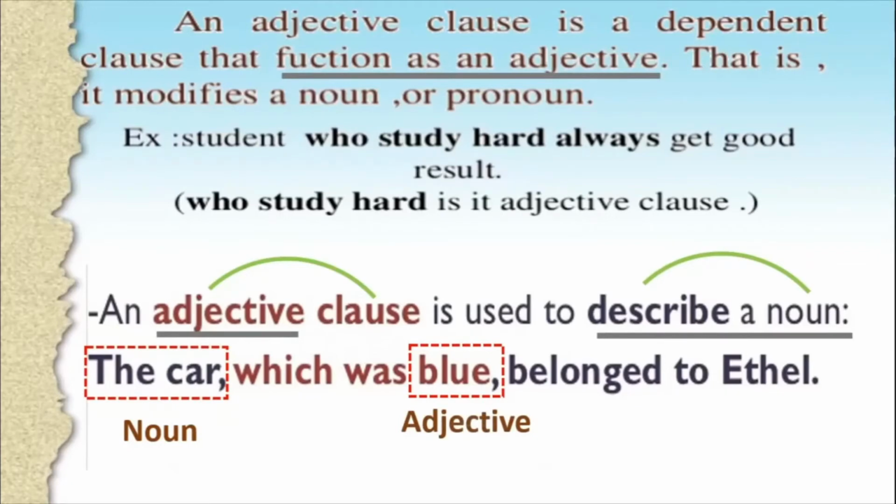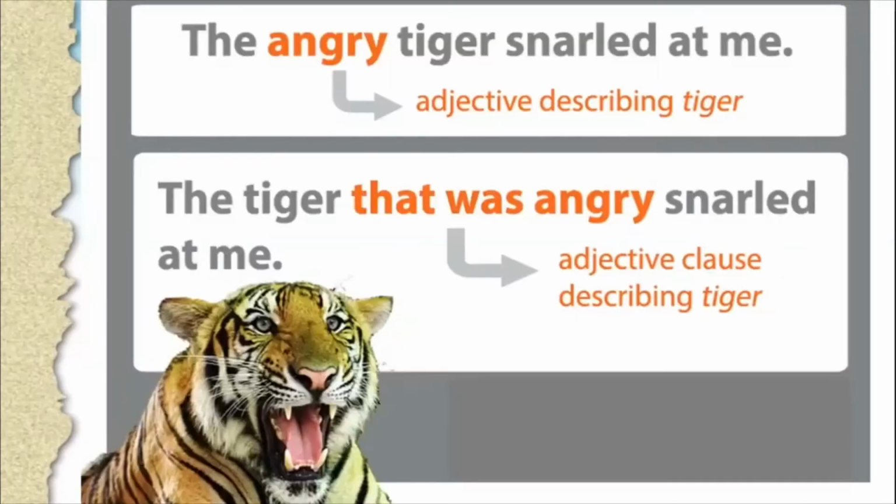So the blue car. Instead of saying the blue car belonged to Ethel, we are saying the car which was blue belonged to Ethel. So here the blue adjective becomes the adjective clause because some more words are added to it. Okay, children? So this is the meaning of an adjective clause along with an example. Let us look at this now, so you will understand easily how an adjective can be changed into an adjective